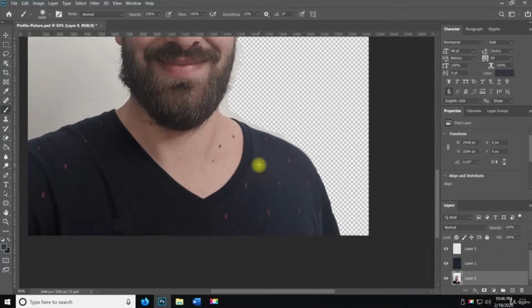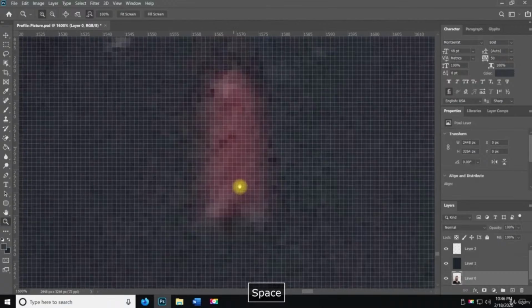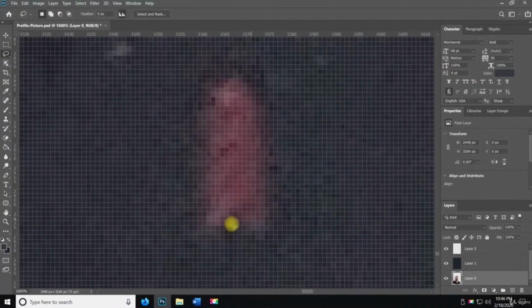That's the key to a really good photo editor, is that you can't tell that it was photoshopped. That's what you want to get to. Like if you're just starting out, you're not going to be there right away, which is fine. But again, if I zoom in here and I do the same thing here, and I do it even tighter than before, okay, and I just hover over the colors that I want to block out,